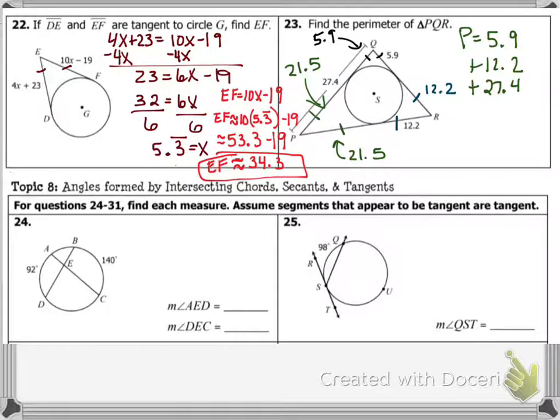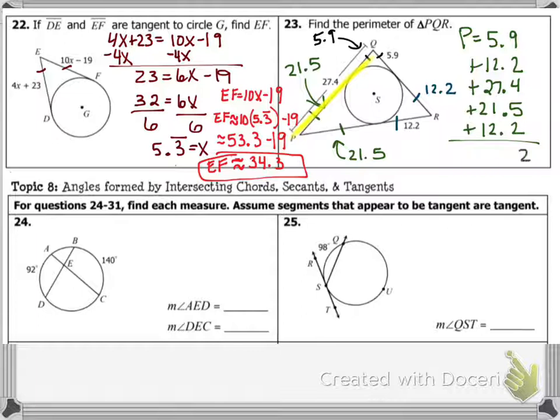I'm right. They are not the same. My bad. So this is not the same as this because it's not an isosceles triangle. Sorry. Okay. Going back to the bottom part, we have 21.5 plus 12.2. So we're going to add that all up, and 9, 18,